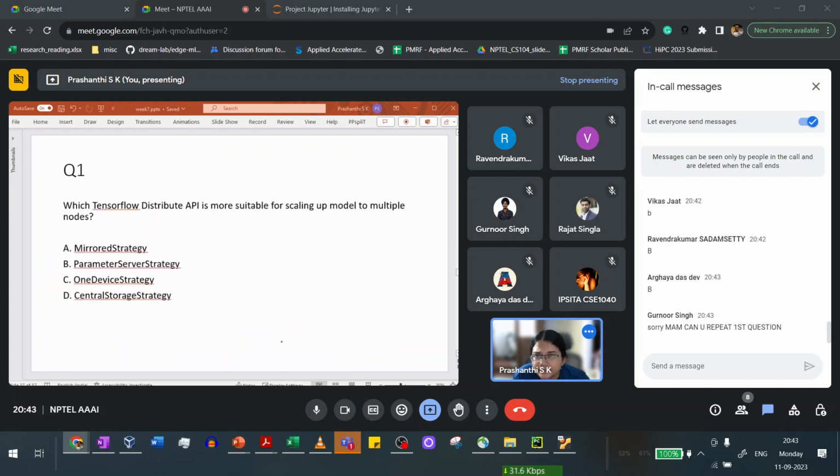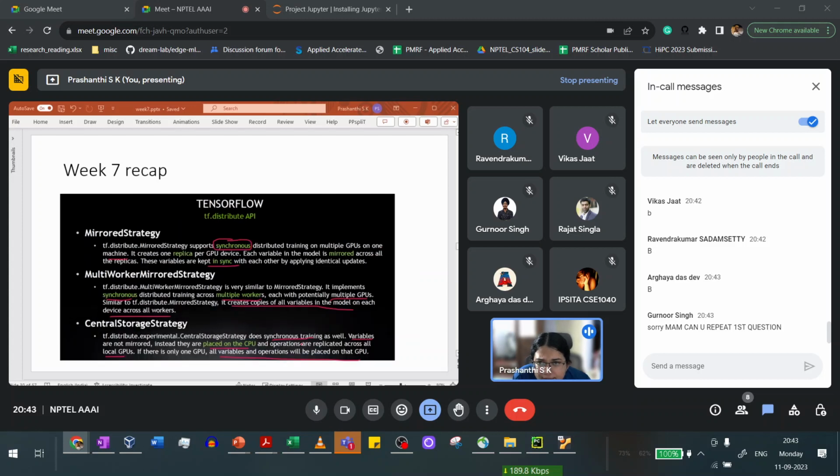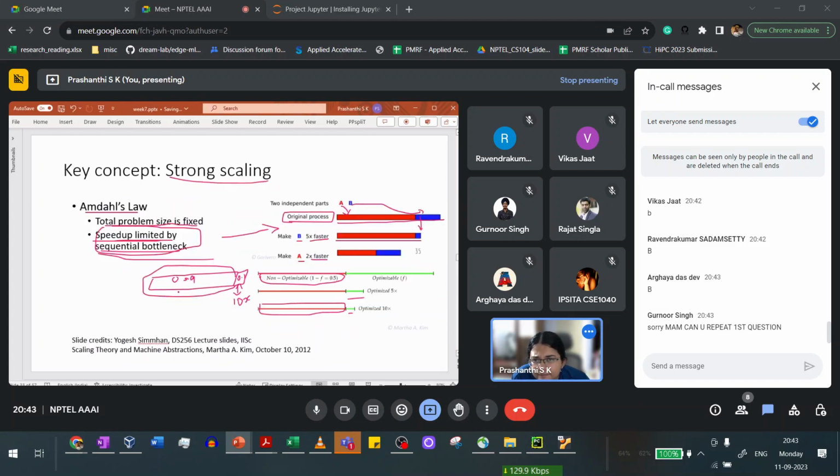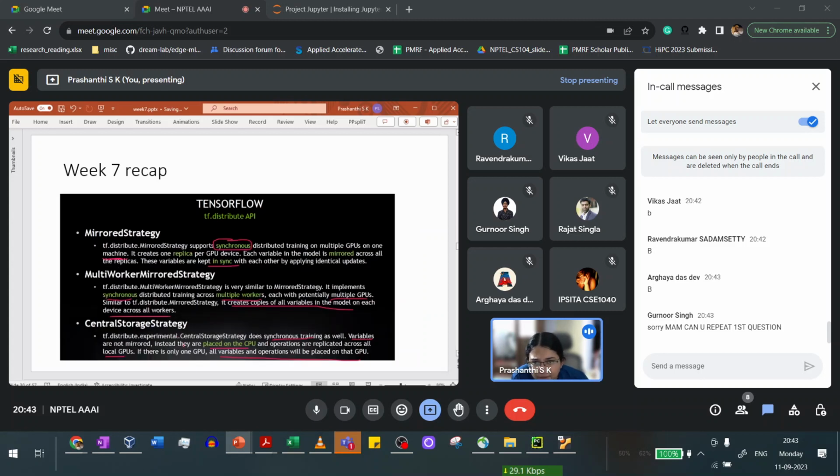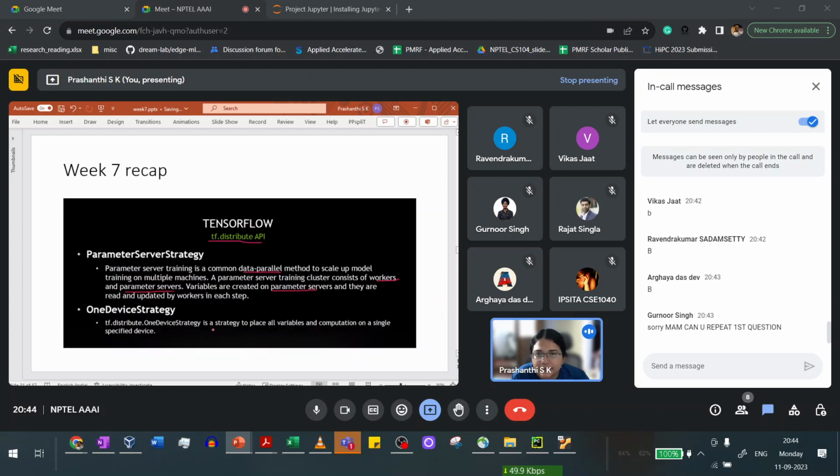Can I repeat the first question? Yes. Which TensorFlow distributed API is more suitable for scaling up a model to multiple nodes? Your options were mirrored strategy, parameter server strategy, one device strategy, and central storage strategy, right? Mirrored is eliminated because it is on a single machine or a single node. Central storage and one device strategy are probably valid options because you place it on the CPU, or here you place it on a certain device. But parameter server is typically the preferred way